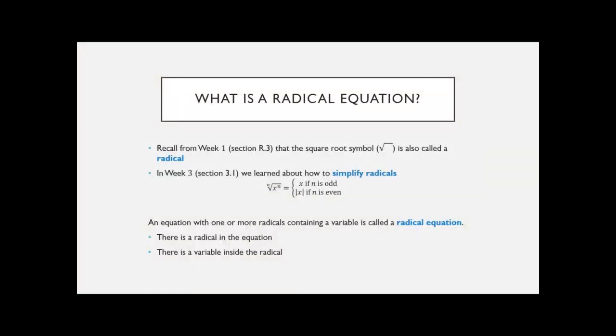So first off, what is a radical equation? In week 1, in section R.3, we learned about the square root symbol, which is also called a radical. And then in week 3, section 3.1, we learned how to simplify radicals. So we've done some stuff with these already. What's really important from week 3 is the rule that if you have a radical, it cancels out the exponent. And what we'll be doing here is that this also works in reverse,